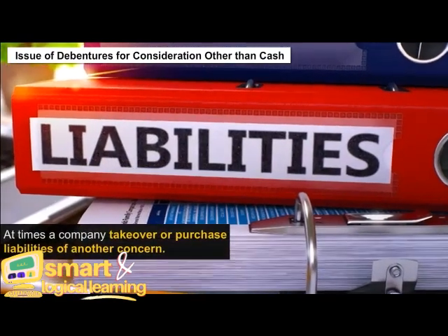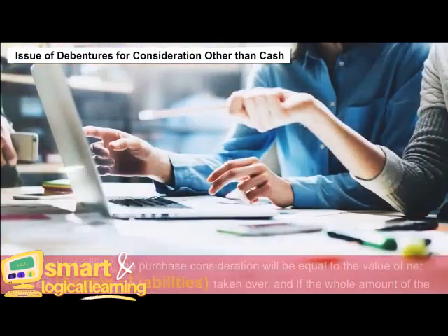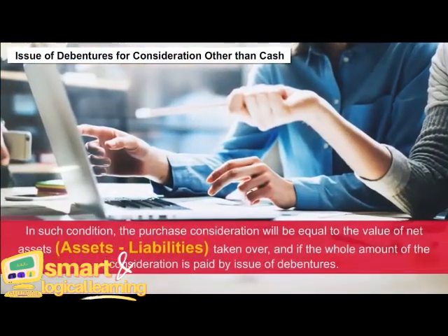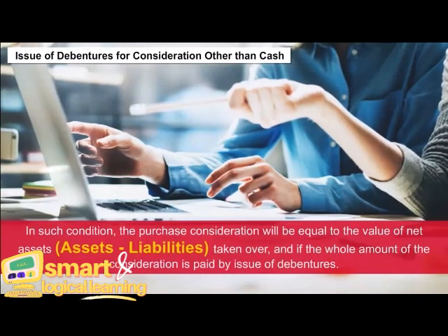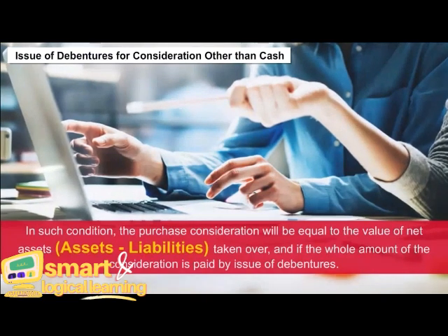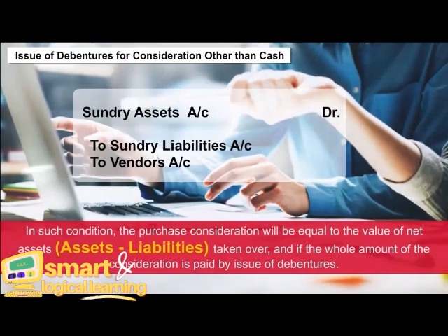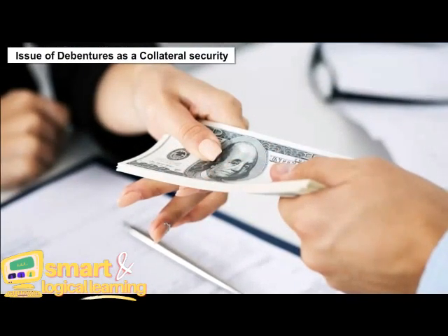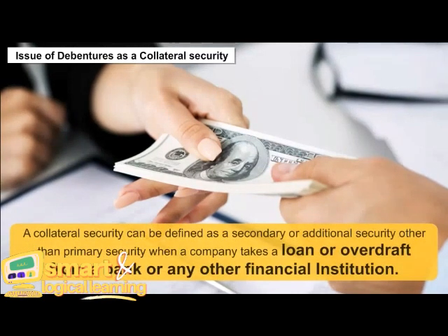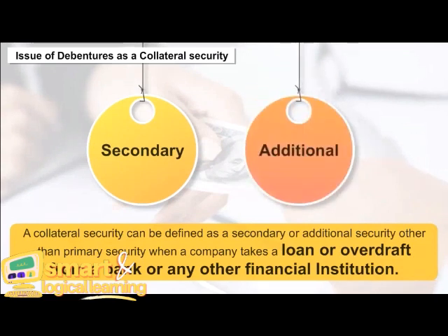At times a company takes over or purchases the liabilities of another concern. In such a condition, the purchase consideration will be equal to the value of net assets taken over, and if the whole amount of the consideration is paid by issue of debentures, the journal entry will be passed accordingly. Issue of debentures as a collateral security. A collateral security can be defined as a secondary or additional security other than primary security